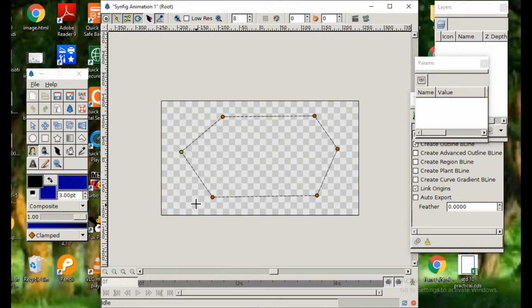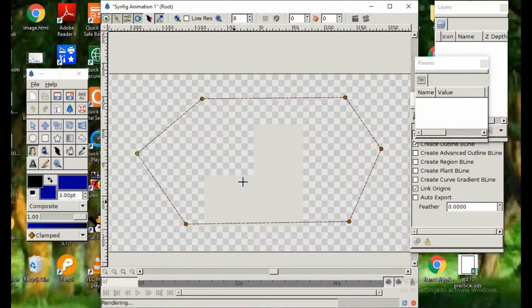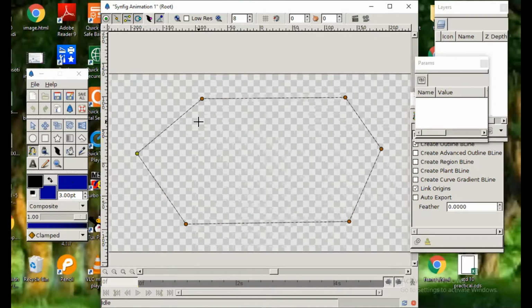But since we want it in an oval shape, earlier we discussed different types of vertices. Here you can see brown vertices. These are for placement, so if you want to change the placement of a vertex, you can.